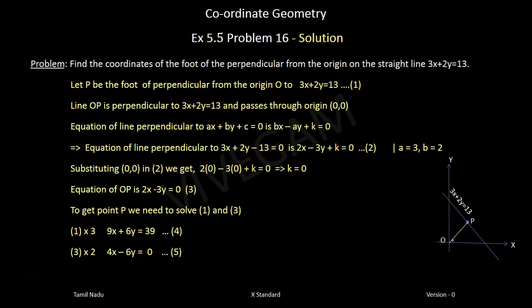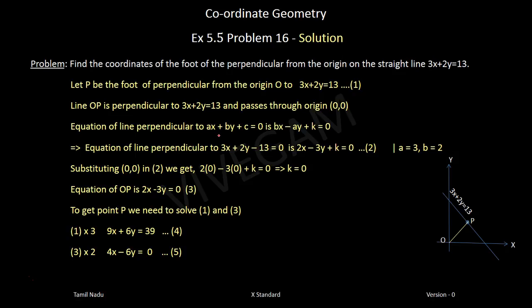Foot of the origin means this is a straight line from the origin that touches this line, but at the same time it is perpendicular to this line. That's what they say, foot of the origin, and it is perpendicular. So now line OP is perpendicular to 3x plus 2y equal to 13. So using this